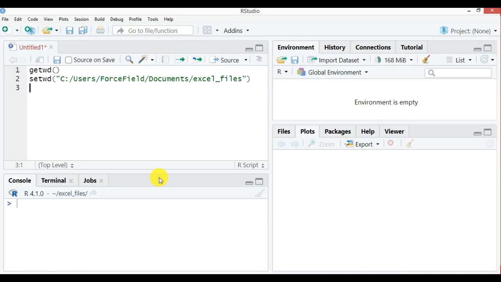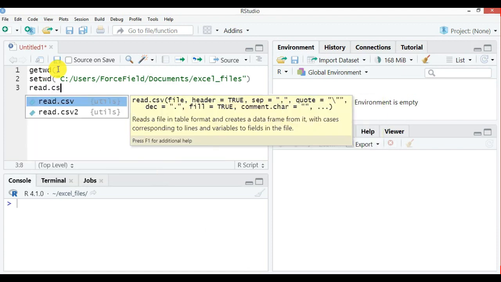Now I'll go back to R. Here I will write read.csv.